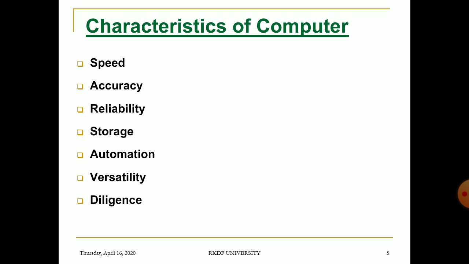Storage, like I had earlier discussed, storage means memory unit. Two types of storage are used. First is primary storage and second is secondary storage. Primary storage stores the data temporarily for executing the processes, that is RAM, while secondary storage is used for permanent storage of data, that is hard disk. Some external devices are also used to store data, like portable hard disks, pen drives, memory cards, etc.